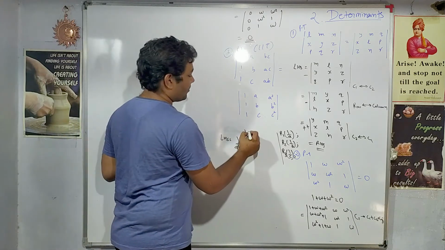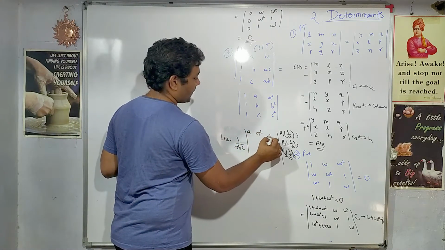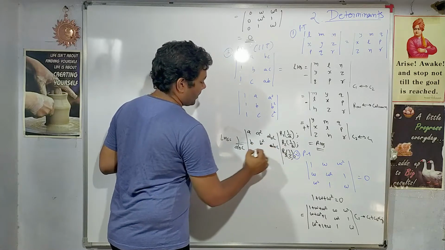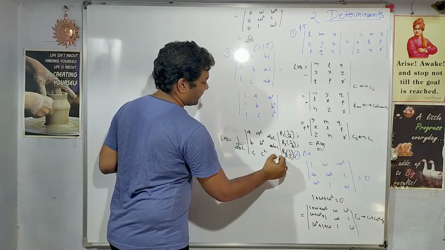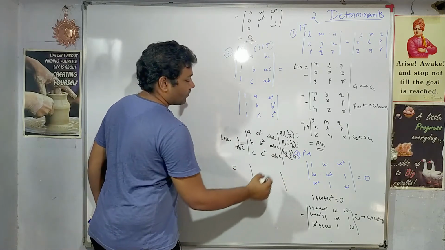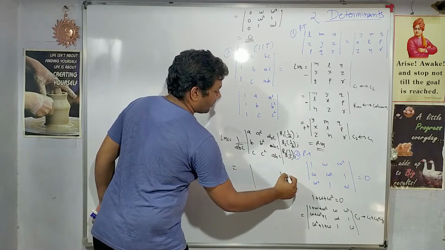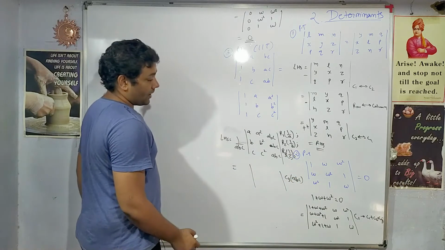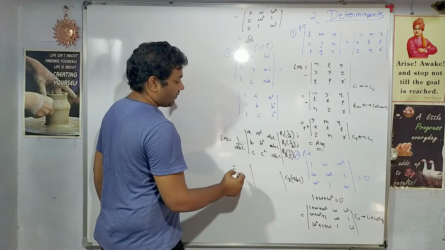So first row when you multiply with a, b, second row, and the third row, right? Now it should be very clear to you that now from the third column I take out a, b, c common, right? I am taking out a, b, c common from the third column.